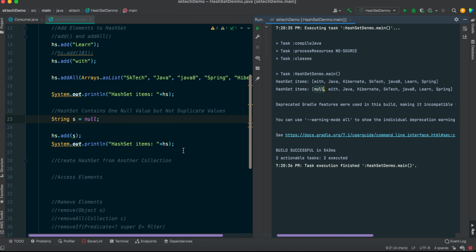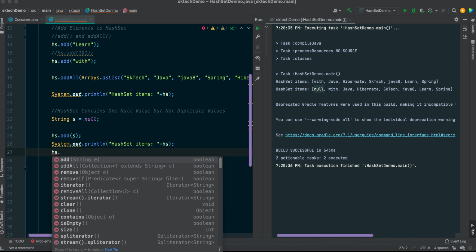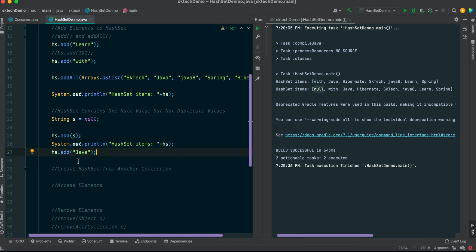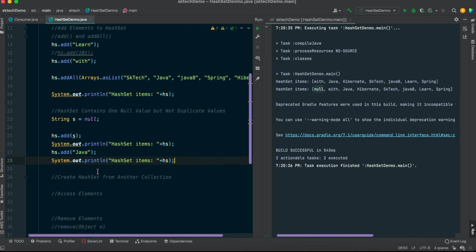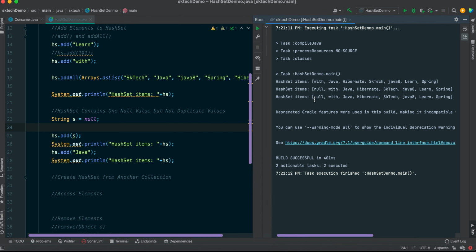Now let's see whether it allows inserting a duplicate or not. As per the definition, it is not going to allow duplicates, and also it is not going to throw any compile time error. So let's say we have already inserted Java and we are going to insert Java again. We can see here it is not throwing any exception, but if you print it again, internally at runtime it is going to remove those elements. So Java is inserted one time only, right? Because the second time we inserted Java, it has been removed.